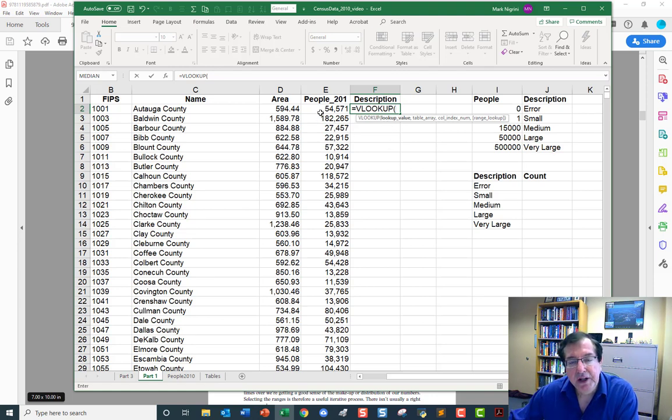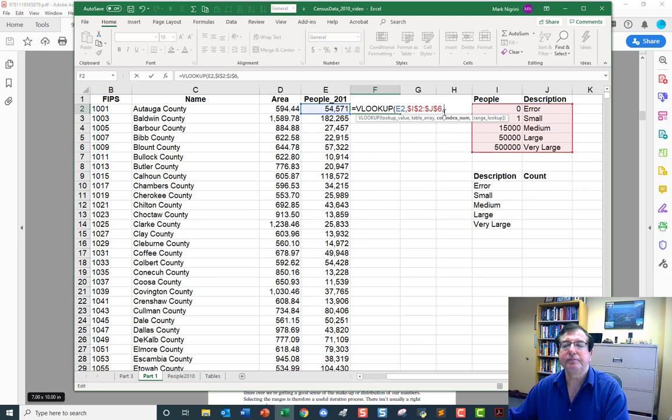Look up the number here, comma, then go to this range, and we have to be a little careful. We have to use the F4 because we're going to be copying this range down, and we want to keep this range. Look over here, then go to this table, and I want you to give me the second